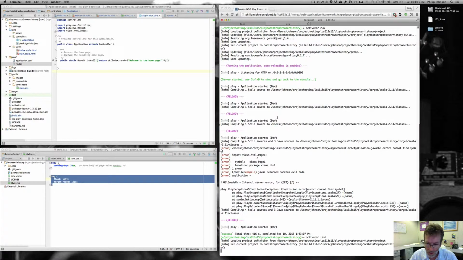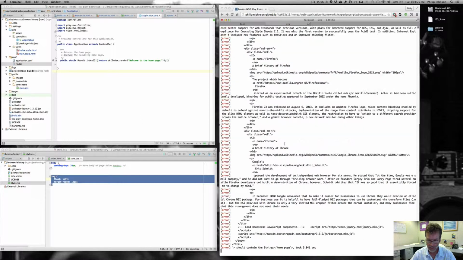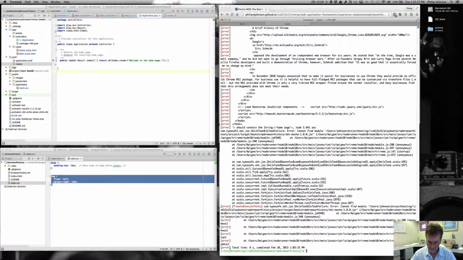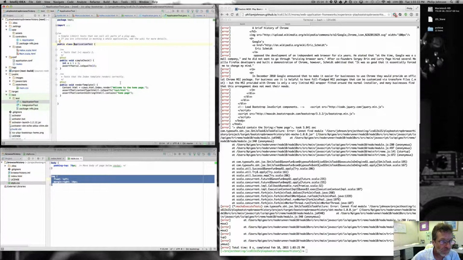Okay, what we're going to see is we get a bunch of errors now, and that's because of, as you can see, okay? And the reason why that is, if we actually go to our tests, we see that they're looking for things that aren't actually there, okay? So in this test,